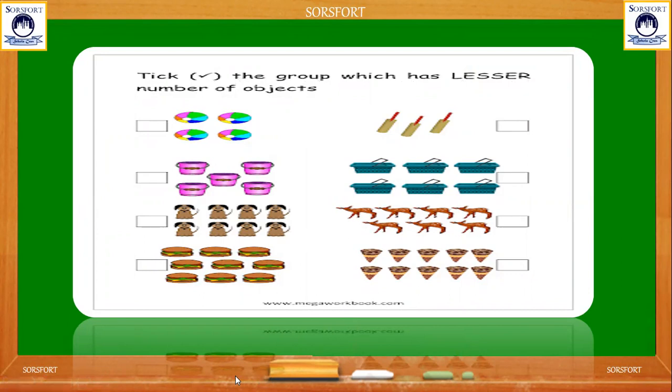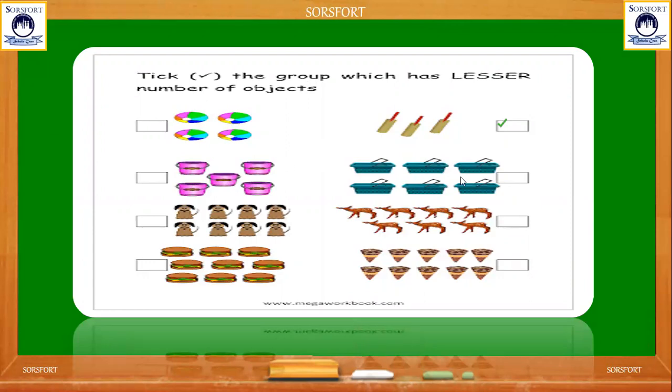So let me see which has lesser. Here 1, 2, 3, 4. Here it is 4 balls. And how many? 1, 2, 3. Here it is 3 bats. So which one has lesser? Yes, this one. Now come to the next part.